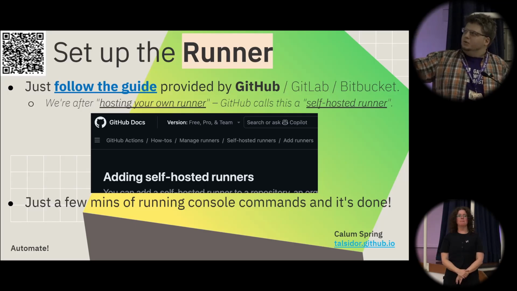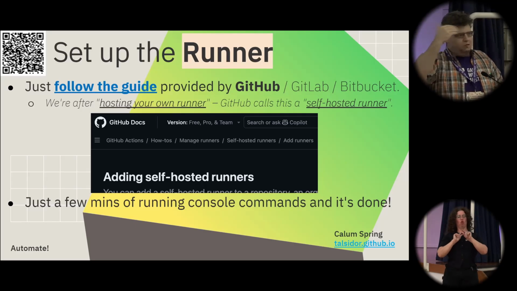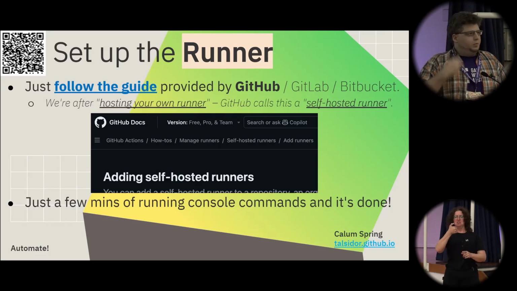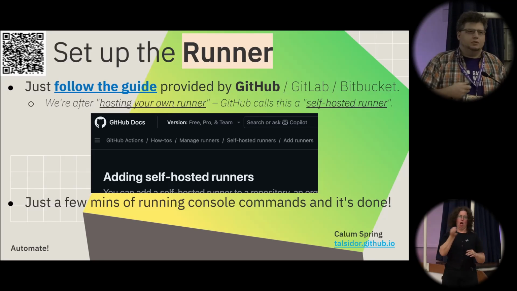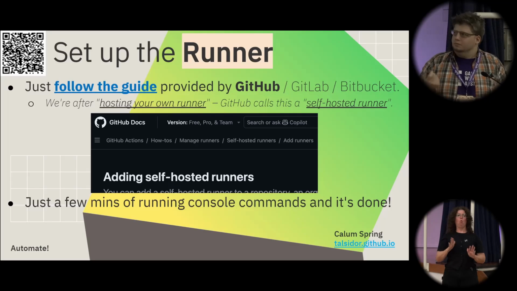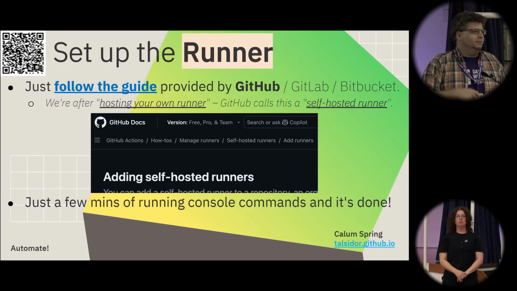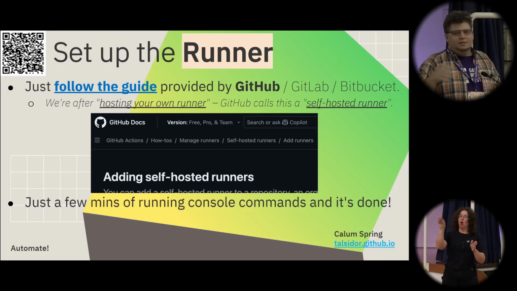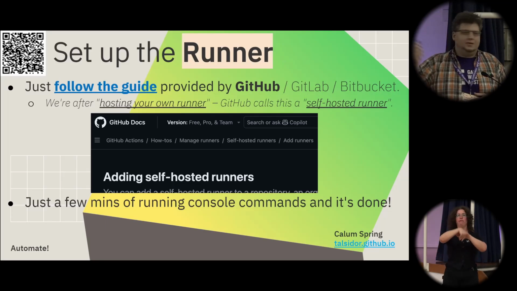Following that guide is pretty much just a few minutes. It'll tell you to run this console command and this one, and there's like 5 or 6 of them. You just copy one after the other, paste them in, run them, make sure that they say that they're good, or if they ask for an extra step or want your permission to do something, you say yes, and then you're done. Anyone who's ever copied a console command from, say, a Stack Overflow question or from a friend and then run it in their console before, you have the skills to do this.